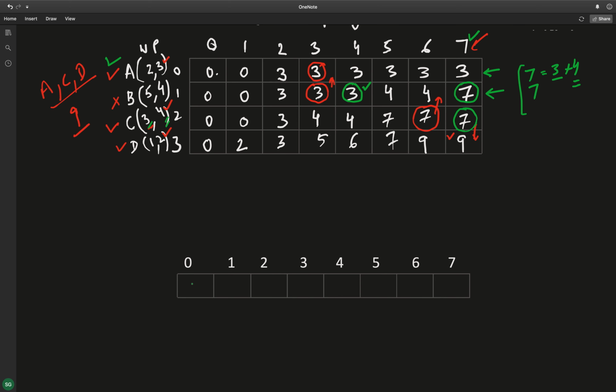For capacity 0 and item A, the profit is 0, because with capacity 0 A can't be accommodated. A's weight is 2, so till 2 we will be filling zeros. I mean, how we filled the values in the earlier array, similarly we will fill this array as well. So here also 3, 3.